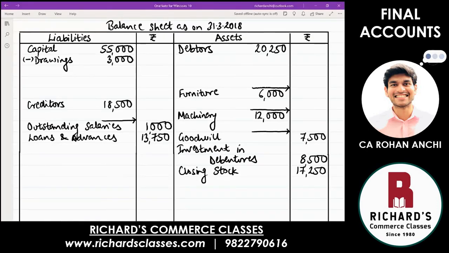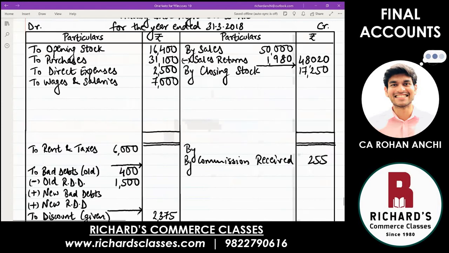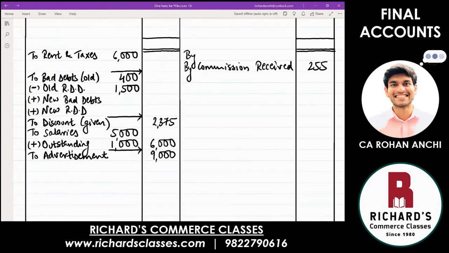Okay, point number 2. Rent of 4,000 has been prepaid. You have paid extra. That also is incorrect. Paying less is incorrect. Paying more also is incorrect. So come to the item rent and taxes. It's going to be the opposite of outstanding. Outstanding, we had recorded less, so we added. If you have already recorded extra, then minus. Less, remove from there. Prepaid. And amount has been given to us. Rent of 4,000 has been prepaid. So remove 4,000 from there. When you minus, the actual amount of rent is 2,000.